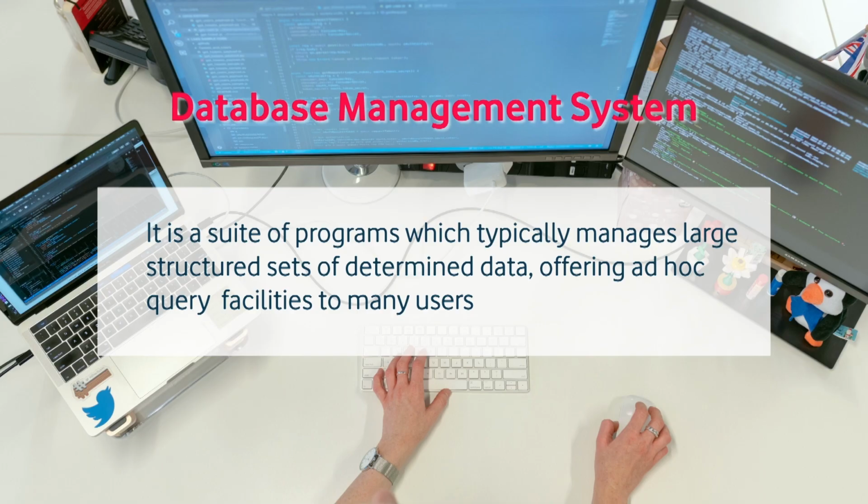Querying facility means if you have a database in which you need information related to a specific user, you provide some input, and on the basis of that, searching is performed and the information related to that specific user is available. Similarly, if you need to know how many users are using that application and accessing it frequently, that information should also be provided by the database management system.